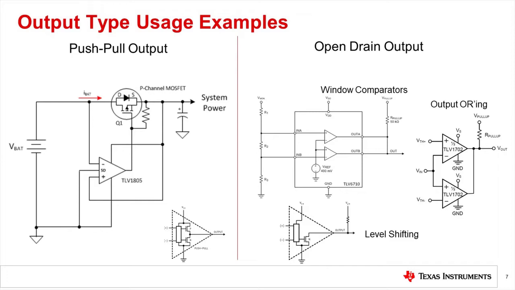The two outputs of a window comparator are tied together, and you can do that with open drain outputs since all the comparators on the output bus share the same pull-up resistor. Open drain outputs are also good for level shifting, where the comparator supply voltage and the logic voltage are not the same. All open drain comparators can be pulled up to a voltage that's equal to, lower, or also higher than the comparator supply voltage. So if you have a use case where you want to level shift down or up, then you might want to use an open drain comparator.